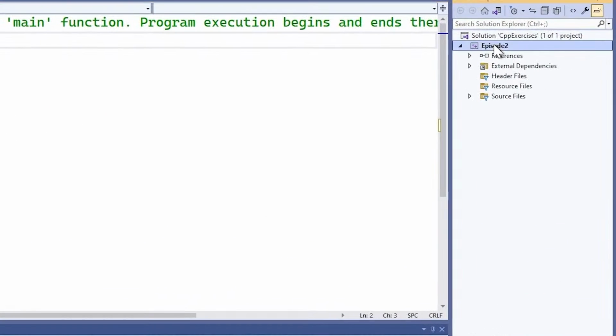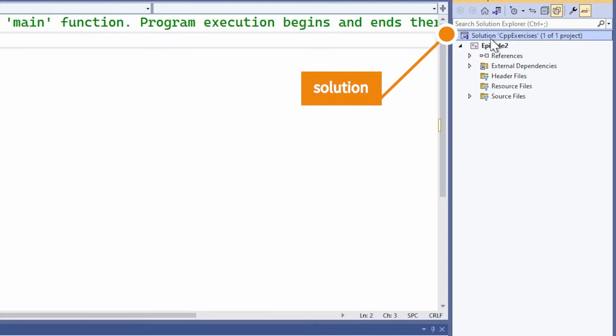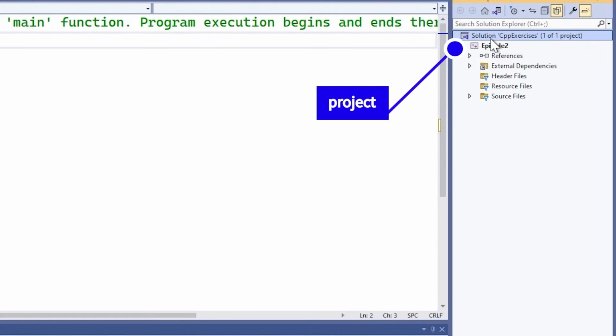As far as the project is concerned, your solution in Visual Studio Community is just a container of projects. It has no meaning beyond that. We can put multiple projects within the solution. A project simply means we're producing a single output that we can execute. So no matter how many source files we have within that project, they all contribute towards a single program that we can execute from the command line, or in this case, from inside Visual Studio Community. You'll notice that you have a couple of folders here. These aren't real folders. They're just categories within this Solution Explorer. And there's our one file,